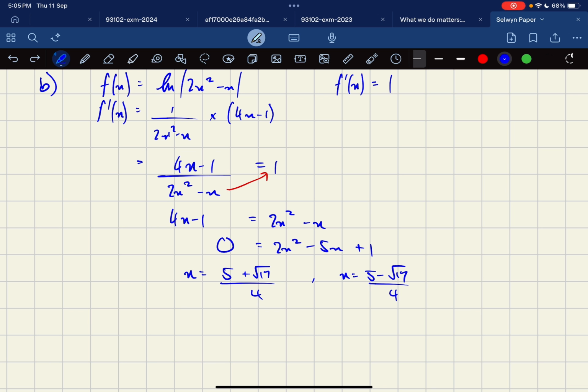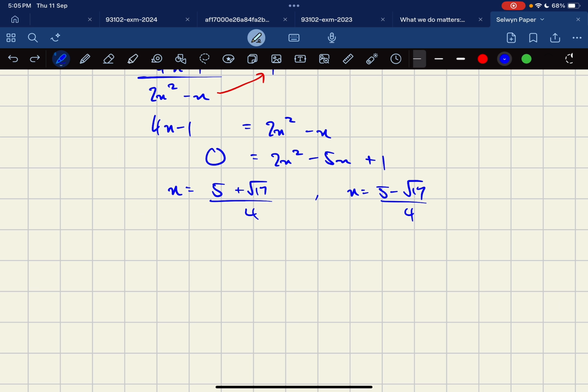So you're going to go into your system here. 5 plus root 17 over 4 is just that value there, but then you're going to use ln of 2 times that answer squared, and then minus the answer. And so for the 5 plus root 17, your y value is then 2.095. And for the other one, it's going to be